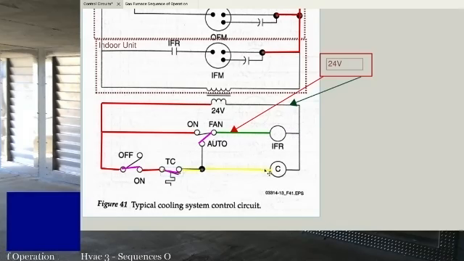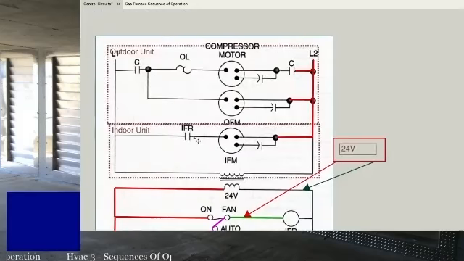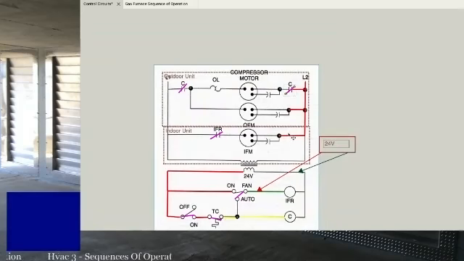Power goes on from there and also applies power to the outdoor contactor. Then we have 24 volts across the coil of our outdoor contactor. Once that occurs, if we look up here, this fan relay will close. This set of contacts on the contactor will close. This set of contacts on this contactor will close. Then you have high voltage power to all these motors, and everything's going to run. Basically, everything happens at the same time